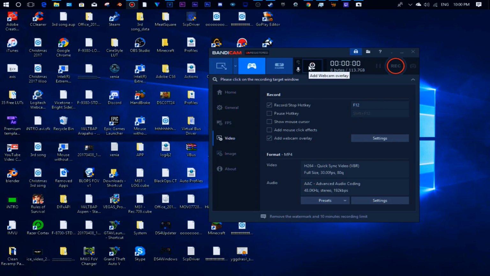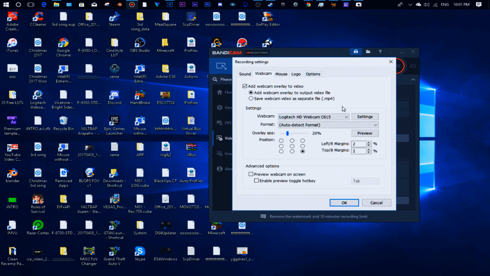And then it would record something. What I like about Bandicam is that if you are a professional gamer and you want to do a face cam, there is a feature here where you can add a face cam overlay to the video. Now I know you would usually keep it on there, on top of the video straight away, but I don't actually do that. What I do is save the webcam as a separate file,